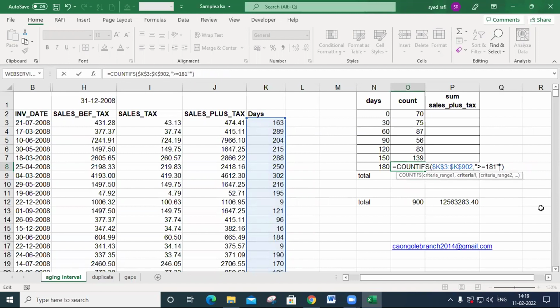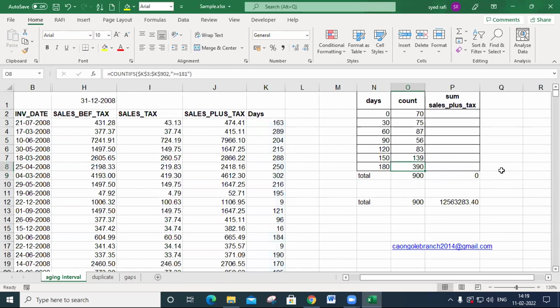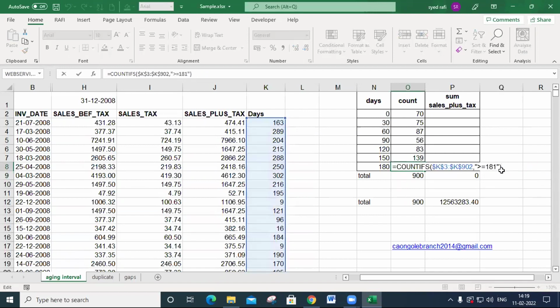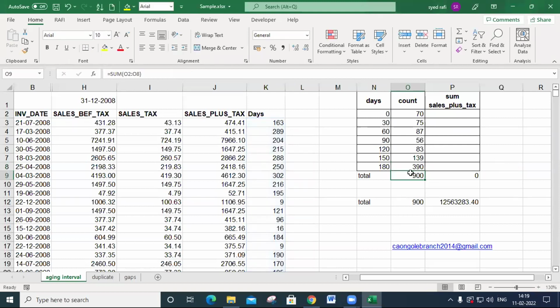Here I use the COUNTIFS function, but I define only one criteria. There is no problem. It will be accepted. In COUNTIFS, you may use one criteria or more than one criteria. That's why I entered like this. So finally, I get this answer, 900 records.